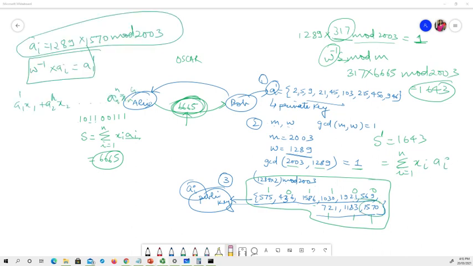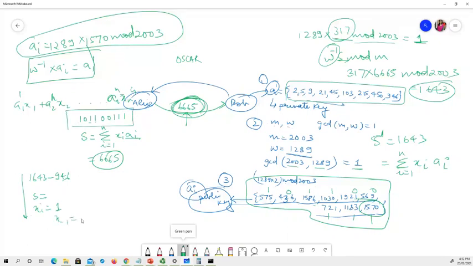Once we have got this S prime, Bob, since he has his own private key, can apply the same algorithm I had discussed initially: if S prime is greater than ai, then we do 1643 minus 946. We calculate the new sum, and xi would be equal to 1 in this case, and similarly this process will continue until we get that particular sequence of xi. Once we do this overall algorithm, we would be getting